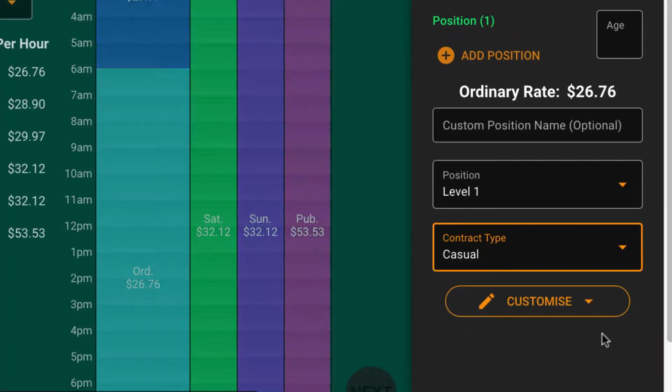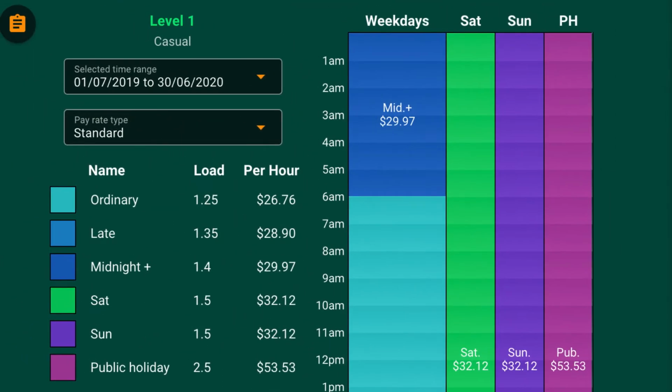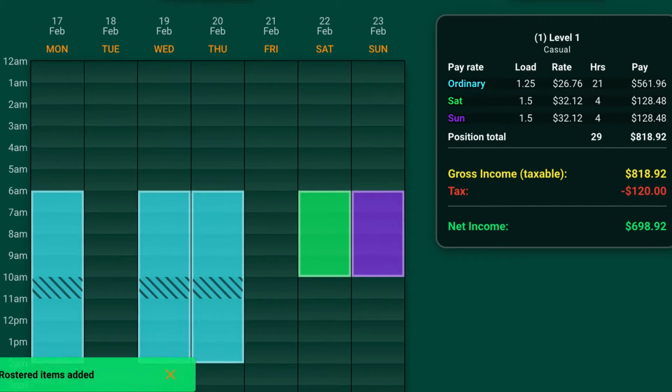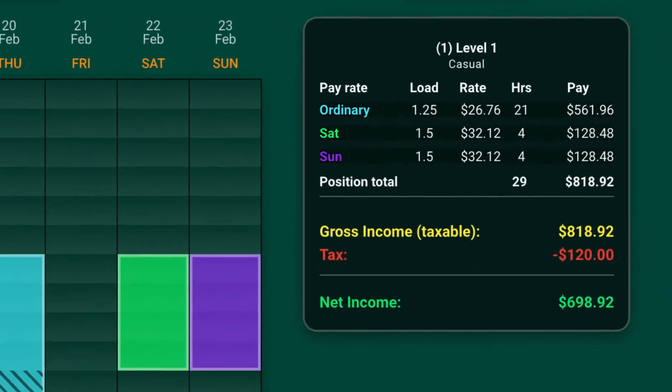Hey guys, welcome to a demonstration of Outflank Pay Tracker, a rather powerful little app that I've built to help employees ensure that they never get underpaid. First, by making it really easy to look up your pay rates and entitlements, but then allowing you to enter the shifts that you work so you can calculate exactly how much pay to expect on your very own payslip,